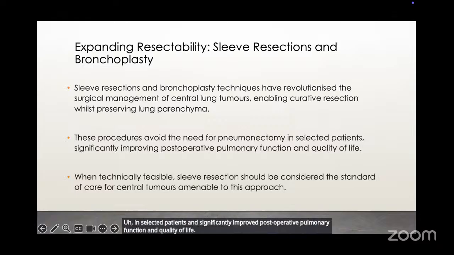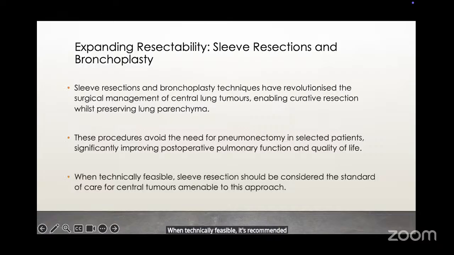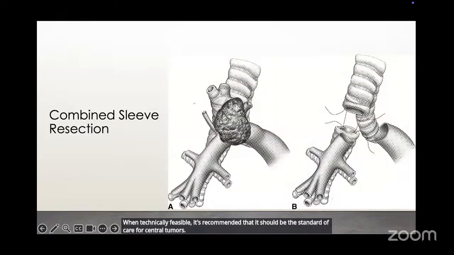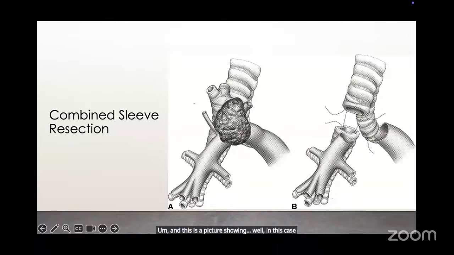When technically feasible, it's recommended that it should be the standard of care for central tumors. And this is a picture showing, well, in this case, it was a combined sleeve, but previously a tumor such as this one close to the carina, which is at the bifurcation of the trachea, these would have been deemed inoperable. Now with the sleeve procedure, the bronchus is separated, the tumor is removed, and then you have reanastomosis of